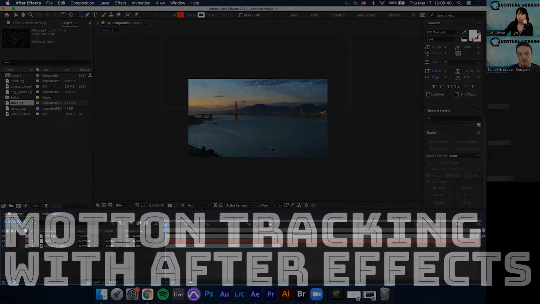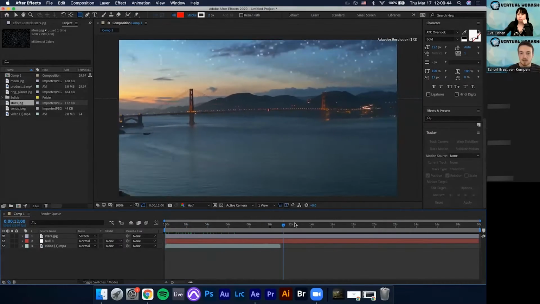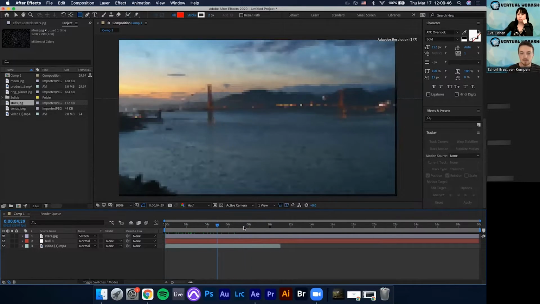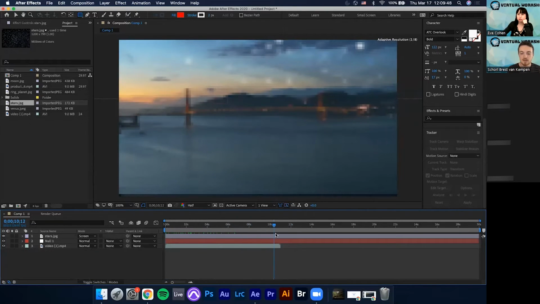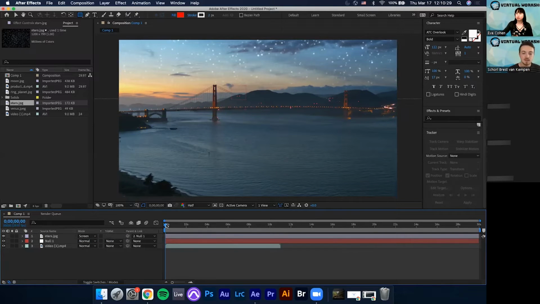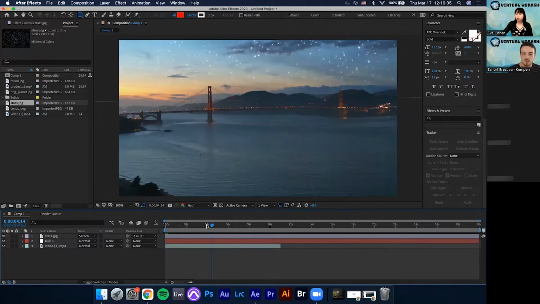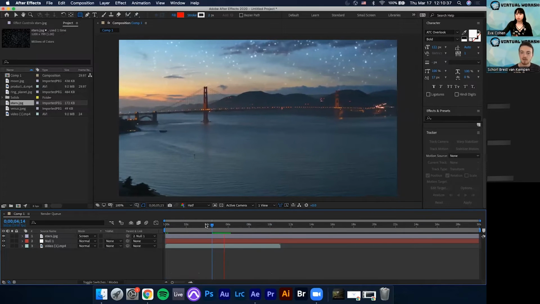If I play this video, you can see that the stars aren't moving, they're just static. So we're gonna take this little pick whip and we're gonna drag it from the star layer to the null layer, and that's basically gonna link the two, and now it's gonna feel like it's actually stuck to that layer. So if I play,